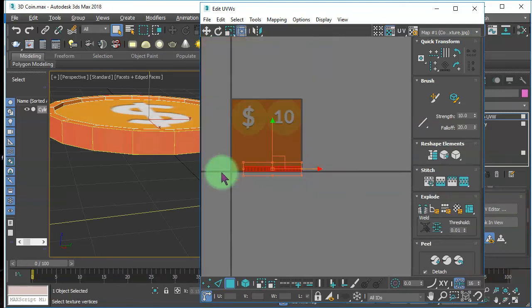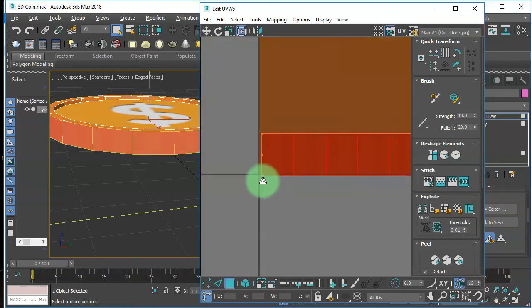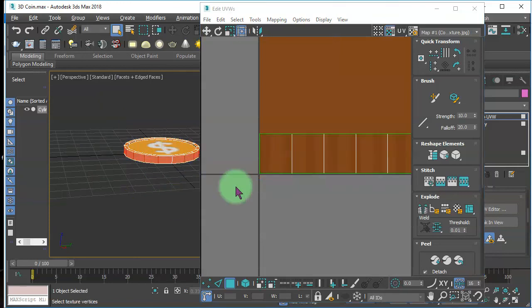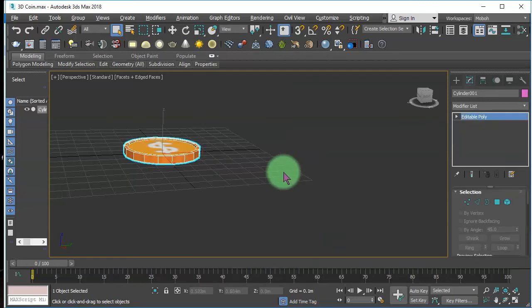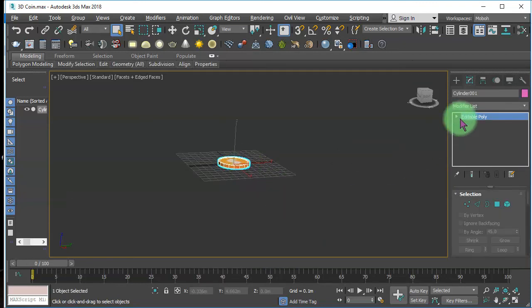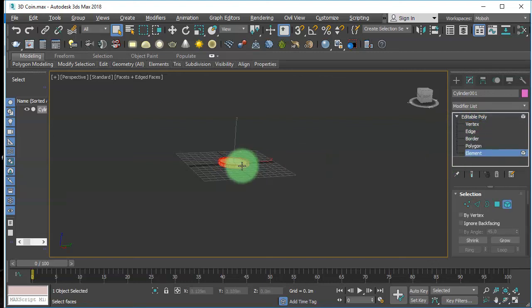Okay, and for this part, we are done. We convert this object to editable poly, and let's rotate it this way. Let me turn on this one, angle snap toggle. Yes, I rotate it 90 degrees this way,